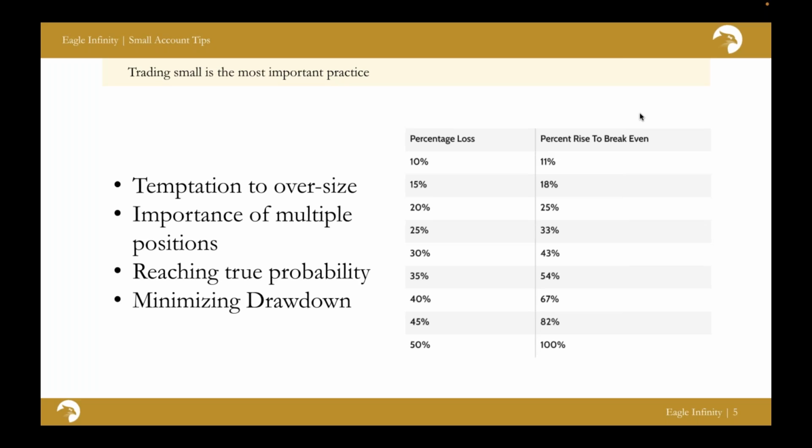I also want to point out, taking more risk is not just about being able to sleep well at night, knowing that any one position can't go down a certain amount and be a meaningful drawdown on the portfolio. But let's look at it in terms of how the math breaks out and why you want to limit portfolio drawdown in general.